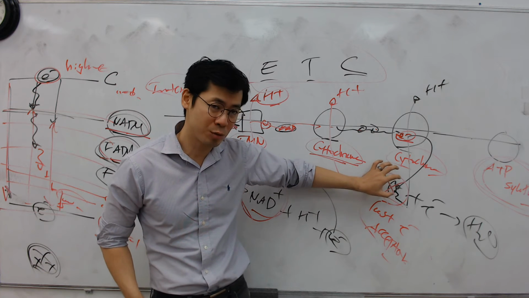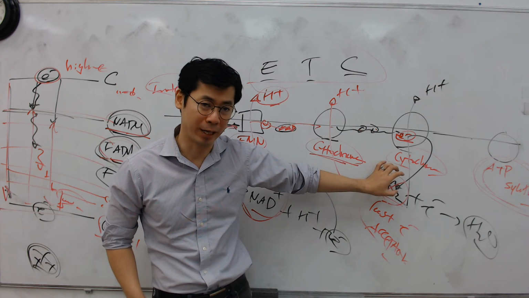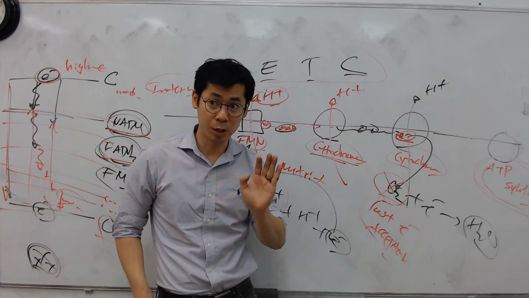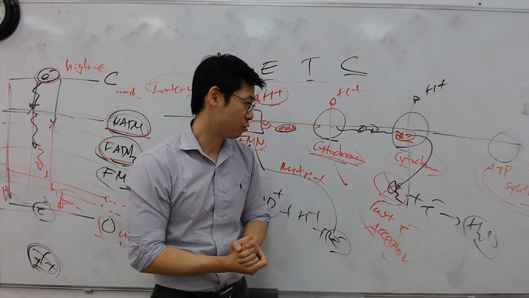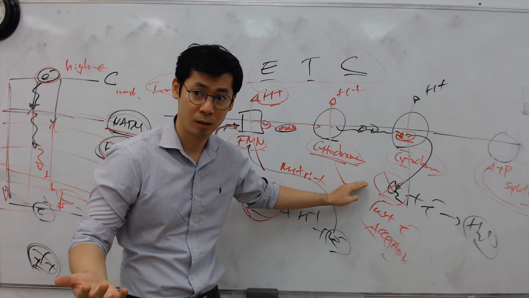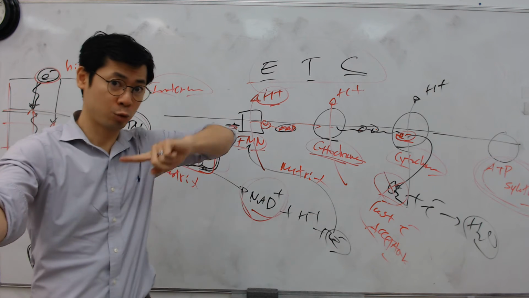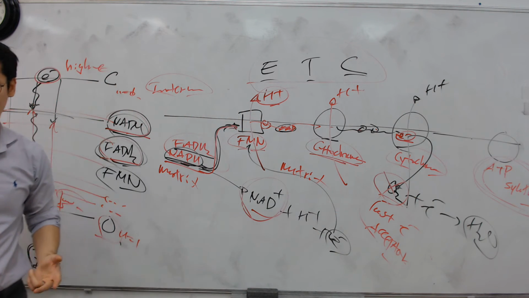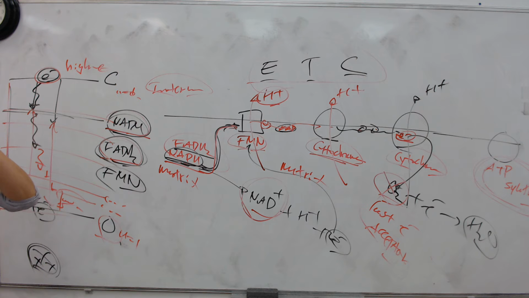If O2 gas is not available, you probably heard this, right? If your body muscle, body cells do not have access to O2 gases, what happens, guys? Fermentation. Your cells switch over to what, guys? Fermentation. Why? It doesn't need oxygen. I understand fermentation doesn't. But why do they switch over to fermentation? That's my question. To make ATP.